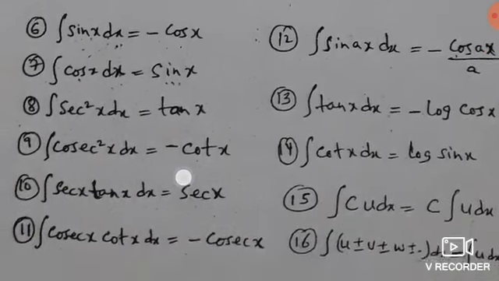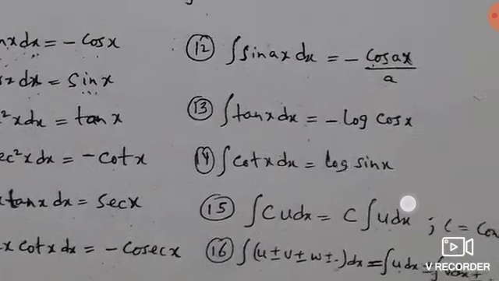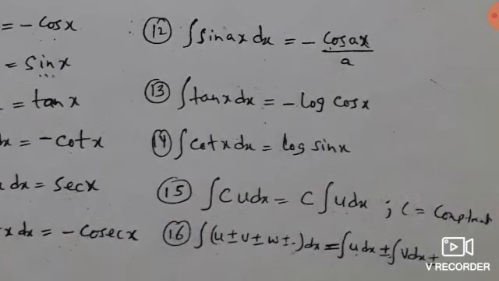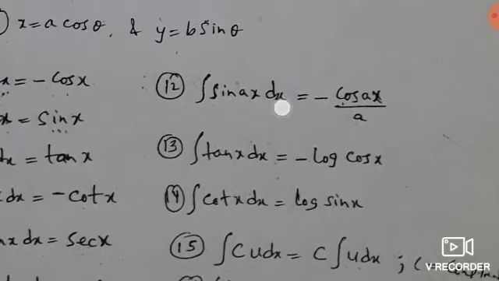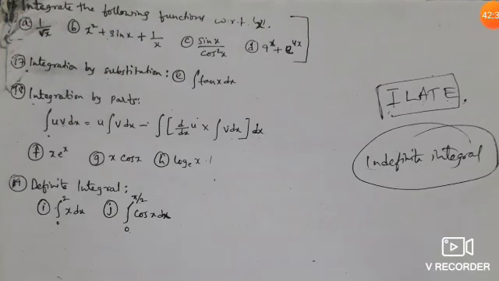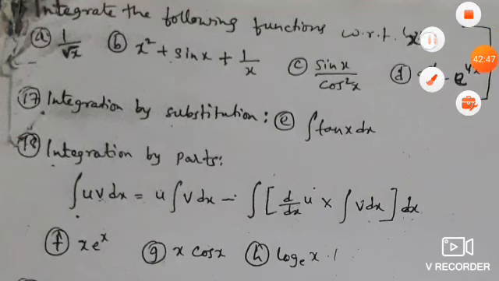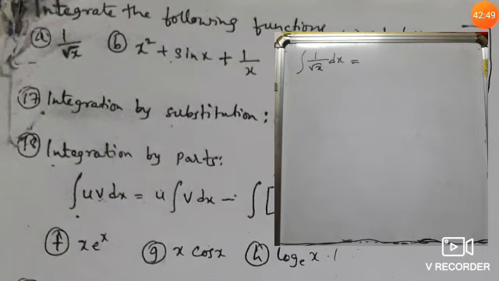So here are more formulas. You have to memorize these while doing sums. Slowly and slowly all will be settled in your head. With the help of integration I am going to solve these two sums for you, sum number a and sum number b. So let's see on the blackboard. Let's start sum number a on the blackboard.